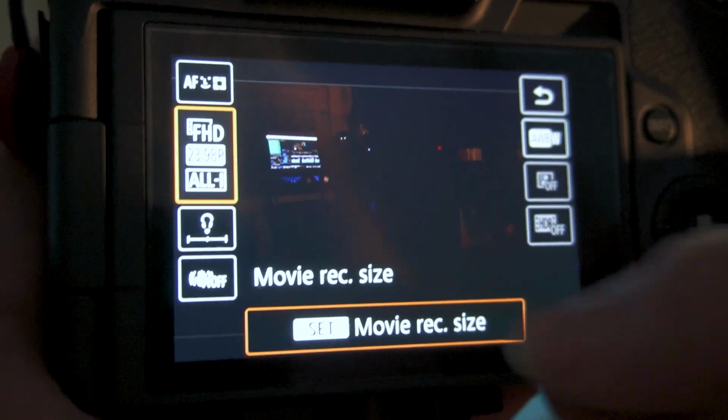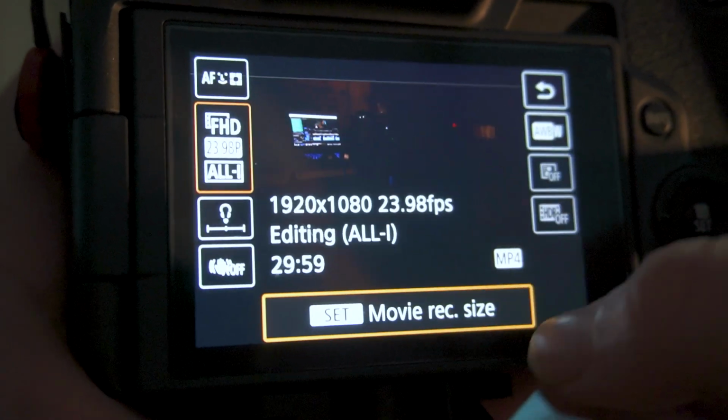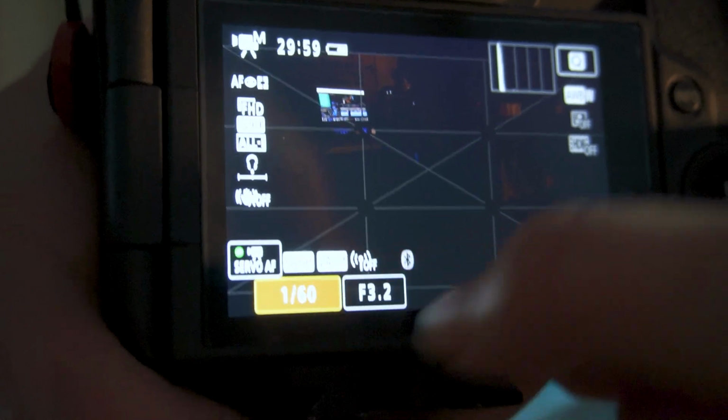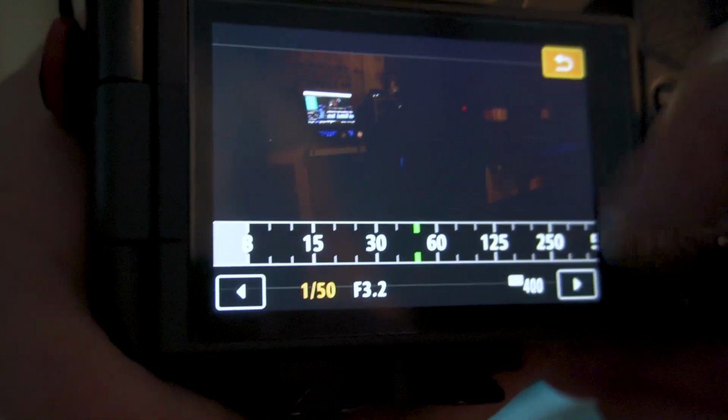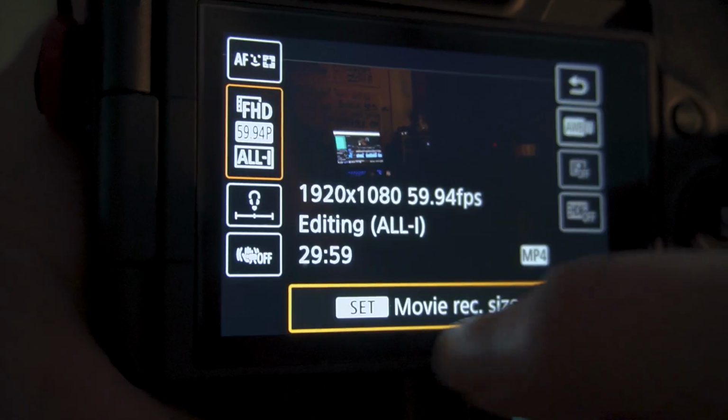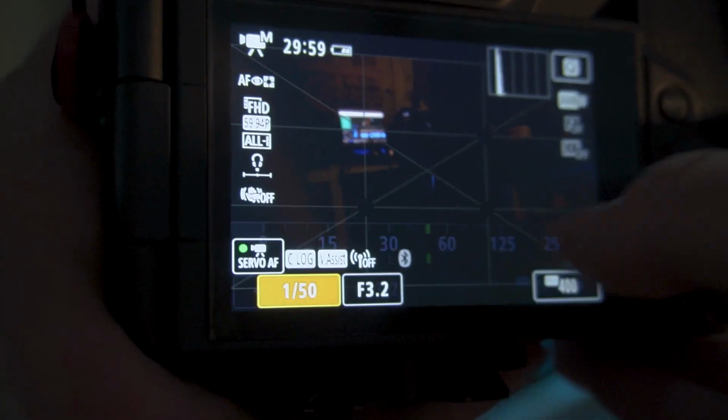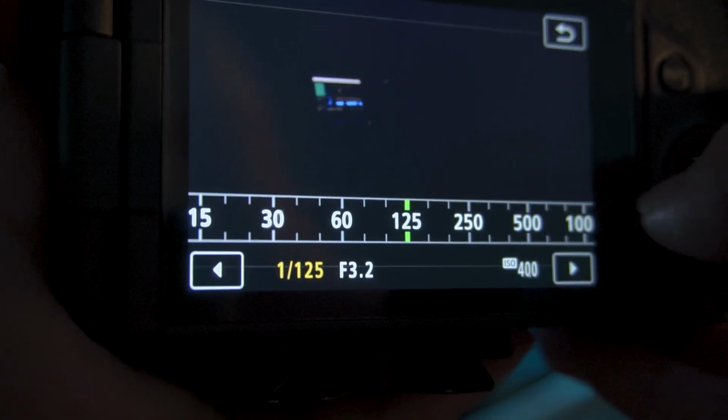Another question, hey Agnes, I do have a camera, but I mostly use it for photography and I have no idea how to adjust the settings to shoot videos. I got you. Just remember that your shutter speed has to be double the frame per second. So if you're shooting at 24 frame per second, your shutter speed should be 150. If you're shooting at 30, 160, and so on. The only thing you want to adjust if the scene that you're recording is too dark or too bright is the ISO. Do not touch the shutter speed.